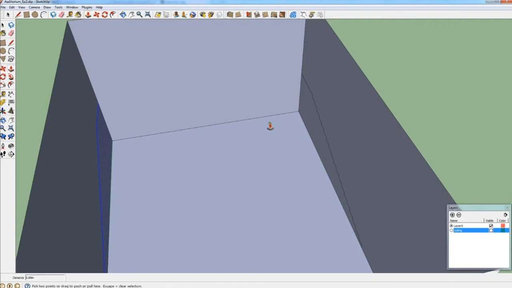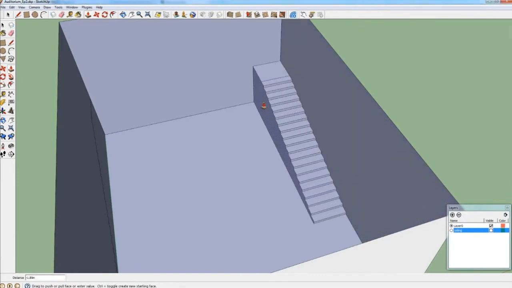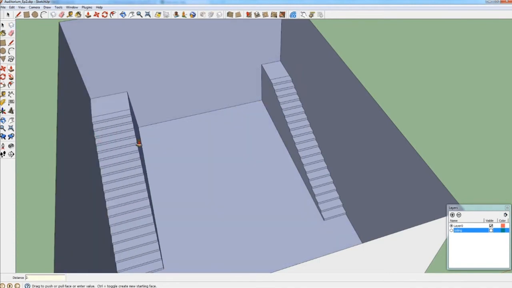And I now use the push-pull tool to extrude this part of the stairs by 1.3 meters. So I type 1.3 m and enter, and then the other part by 2.2 meters.